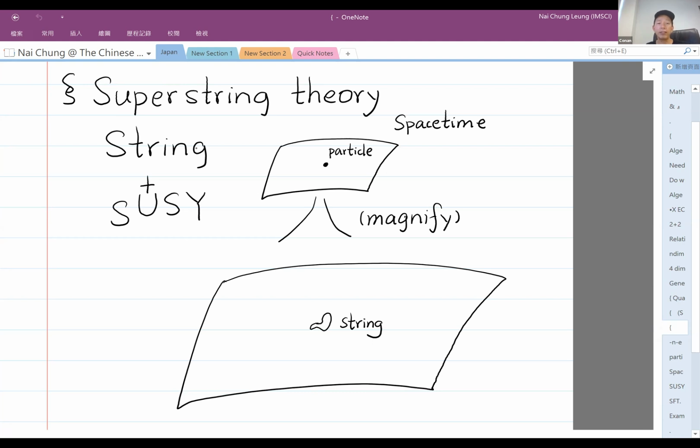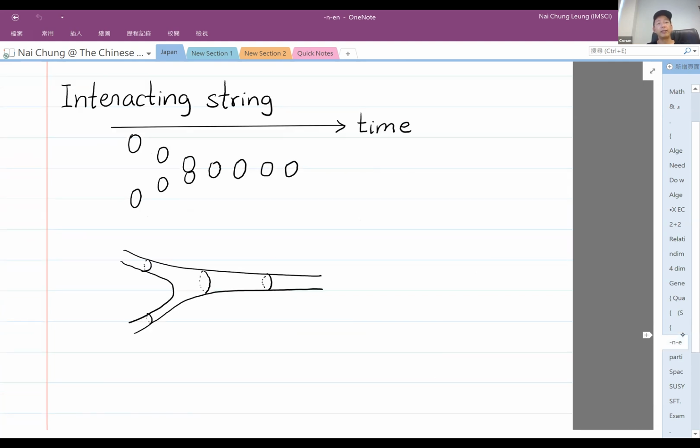In fact, a string can contain a lot more information than a particle can, because a particle is just one point, and a string can itself have vibrations, and can even have knots, and all kinds of things, which gives you a lot more mathematical structure. Here is something which makes string theory different from usual particle theory. As time goes, two strings come together and then become one. They just glue together and become one string.